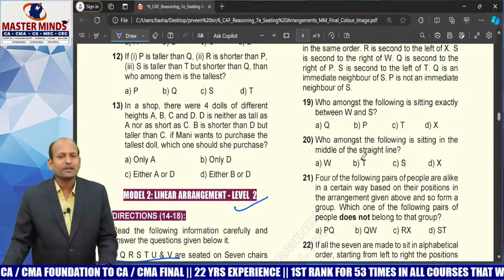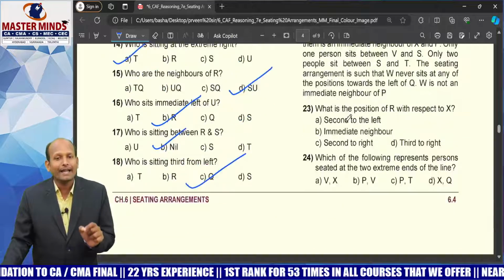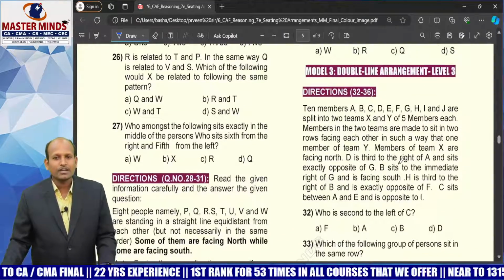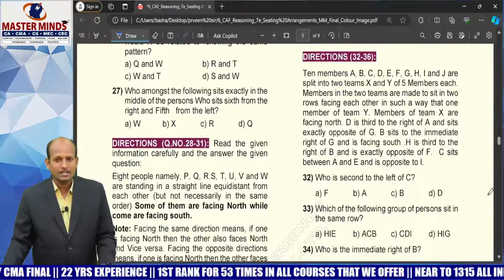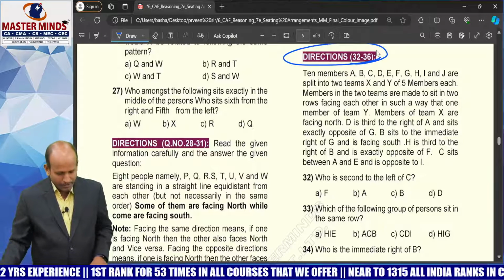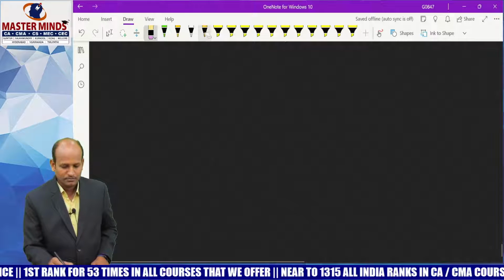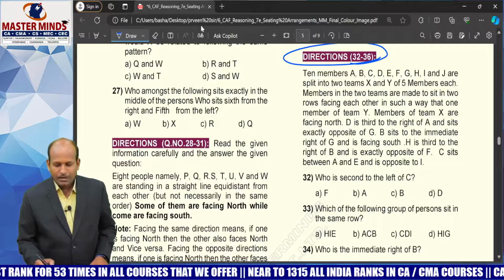So this is an explanation for linear seating arrangement or single lined seating arrangement. So next we can go for double lined seating arrangement. So from 32 to 36. There are 10 members